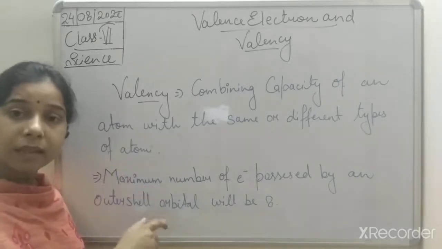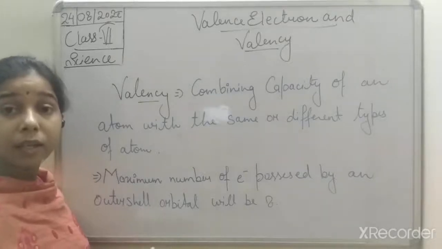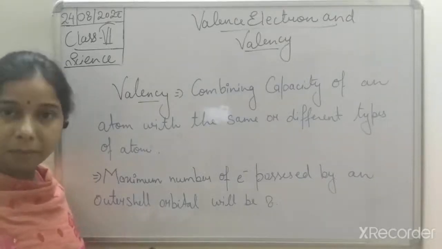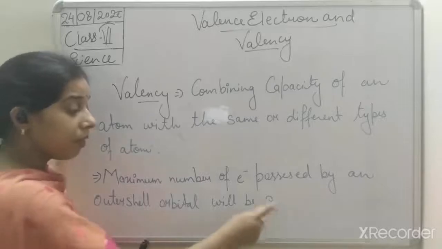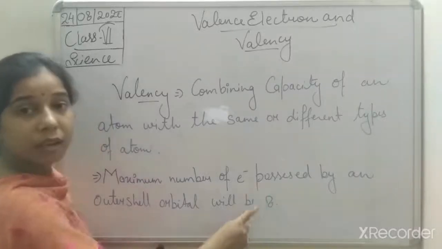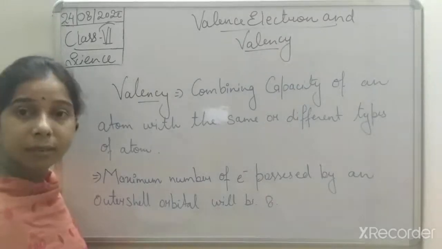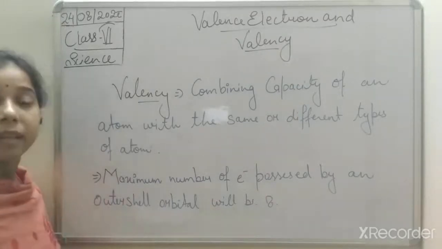So we can say that since it is less reactive, it will be more stable. Okay, so if an atom has 8 electrons in its outermost shell, that will show less chemical reactivity, but that will be relatively